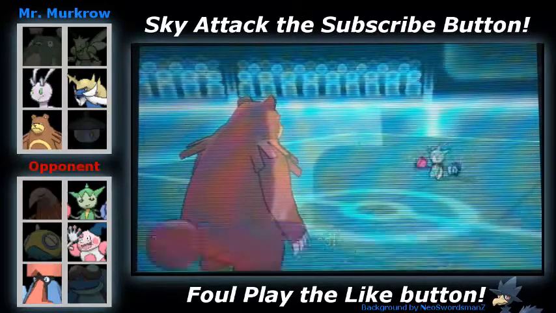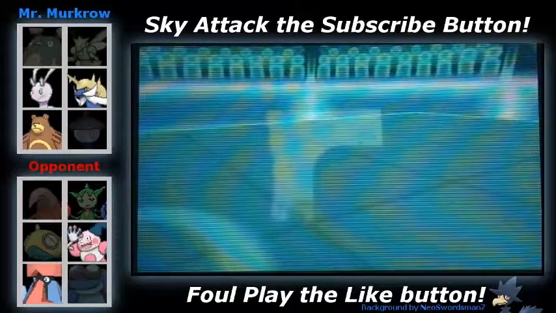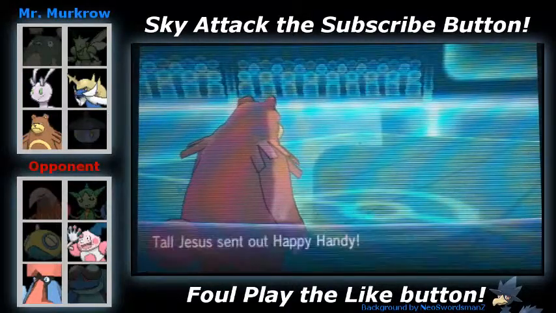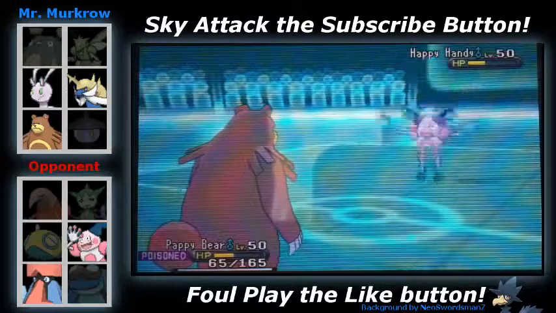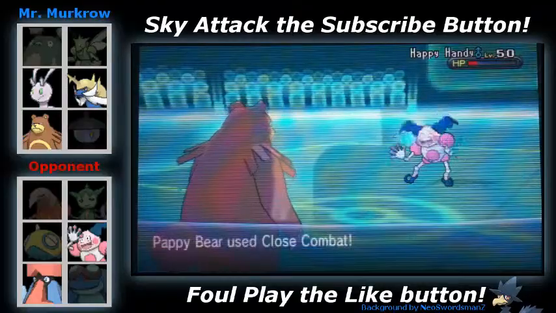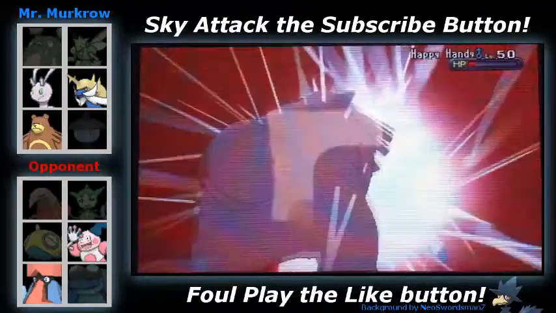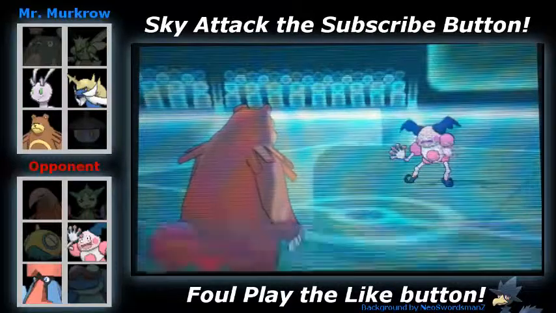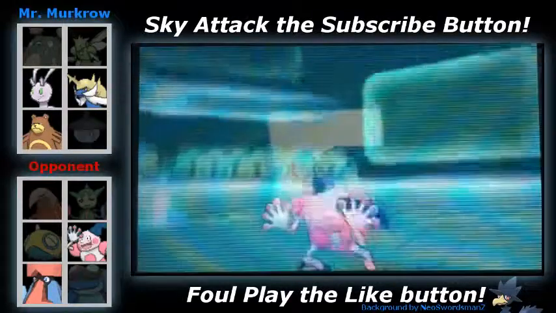And now all he has left are his Mr. Mime and his Probopass. So pretty much the game is mine at this point. He goes into his Mr. Mime, and after the spikes damage, I can take him out with a Close Combat, just in case he decides to be a little prick and swap out. But Devilfish isn't a prick. So I take him out with a Close Combat, and down goes Mr. Mime,